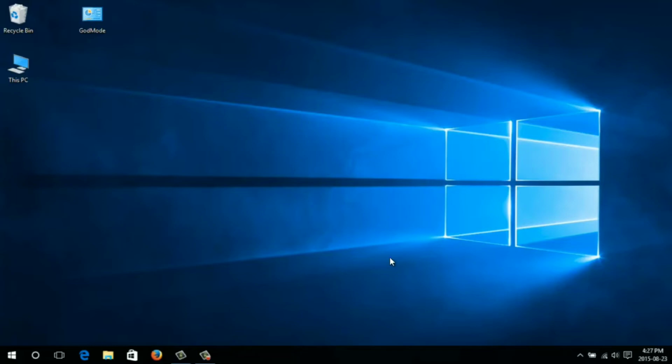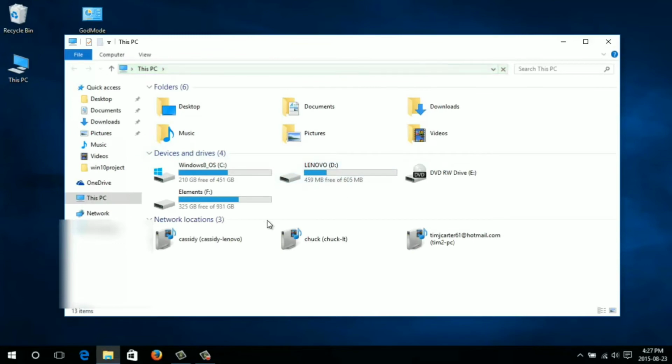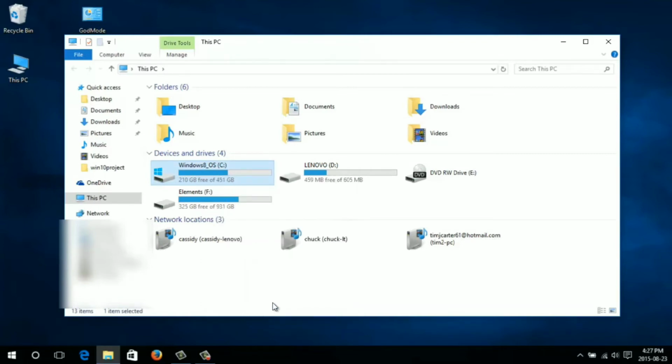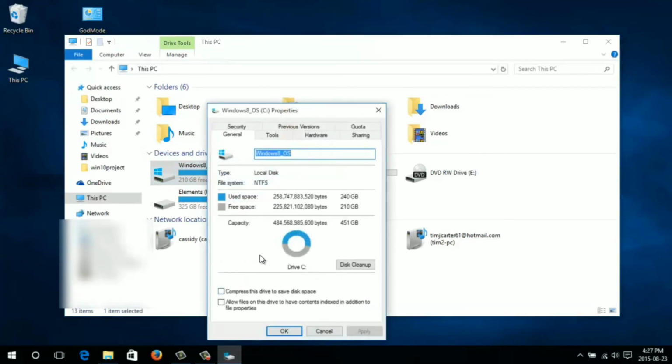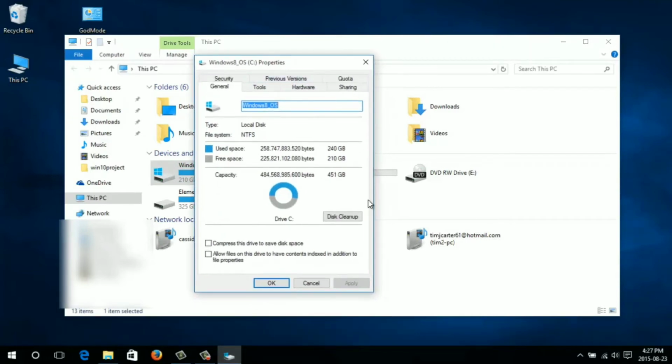Now the last thing I want to show you in here is how to uninstall the files for an old Windows version. So let's go into this PC. Then I'm going to go to the disk my Windows is installed on. I'm going to right click on it and properties. Now only do this if you're sure you don't want to roll back. You only have 30 days to do it, and if you don't want to roll back, then you can do this if you're absolutely positive, and I am. So once you're in here, go to disk cleanup,